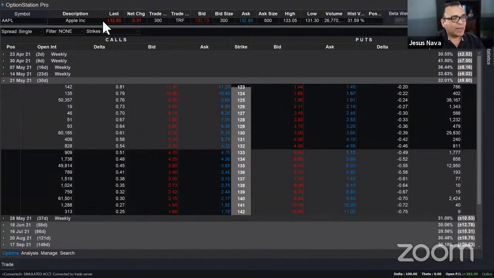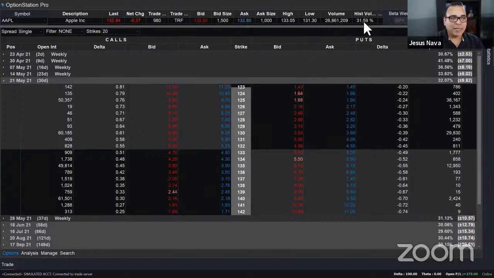Apple is loaded again. I can see the last traded price of Apple is trading at $132 at the moment. I can see some other information. For example, I can see volume. We have about 26 million. We can resize this column if you want. 26.8 million shares traded so far. I also see historical volatility at 31%. This is using 90 days of historical trading activity on Apple to calculate how volatile Apple has been in